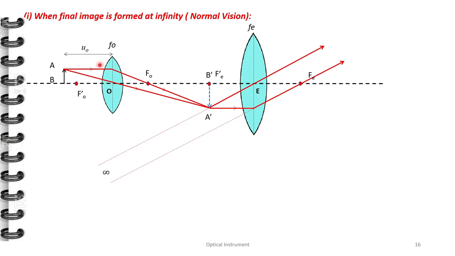U naught is the distance of an object from an objective lens. V naught is the distance of the image formed by an objective. UE is the distance of A dash B dash from an eyepiece, and the magnification formula MO we can write as V naught upon minus U naught, which is L upon minus FO,